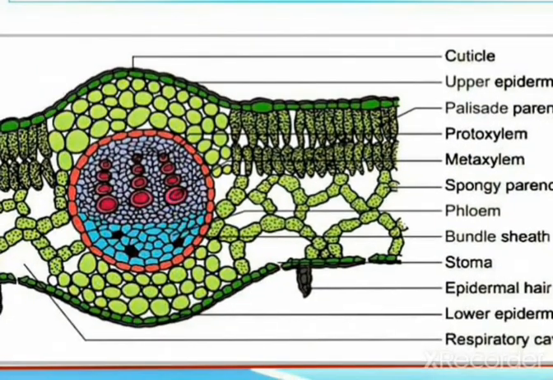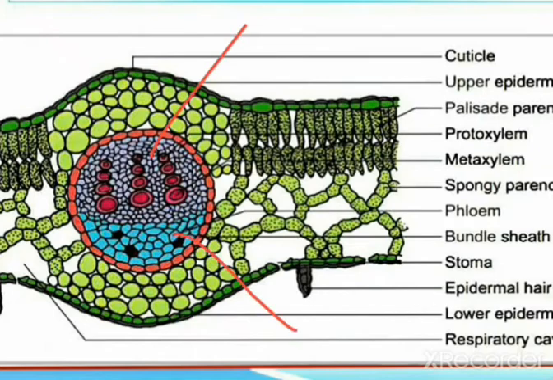Students, watch this picture. The vascular bundles are covered by a parenchymatous layer which is called a bundle sheath or border parenchyma. The vascular bundles are conjoined, collateral and closed. Here the xylem and phloem are arranged on the same radius. Such vascular bundles are called conjoined vascular bundles. In the dicot leaves, xylem is towards the upper epidermis, phloem towards the lower epidermis.